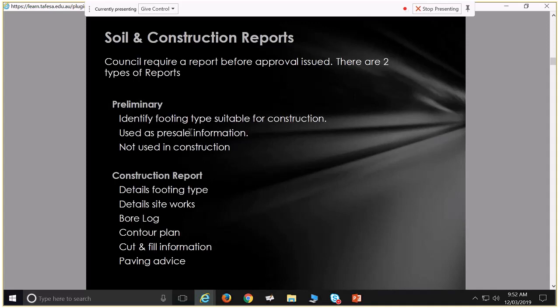Council require a report before approval is issued. There are two types of reports. Your preliminary report: if you're looking to purchase, or your client is looking to purchase an allotment, then a preliminary report might be important. Certainly, if you're undertaking a major development and you're looking at various different sites, that may be an important consideration for you. Typically, a lot of residential purchases don't get preliminary reports done. It's going to cost you probably about $500 to get the soil sampled, and another few $100 beyond that to get that assessed. It's a little bit more expensive,